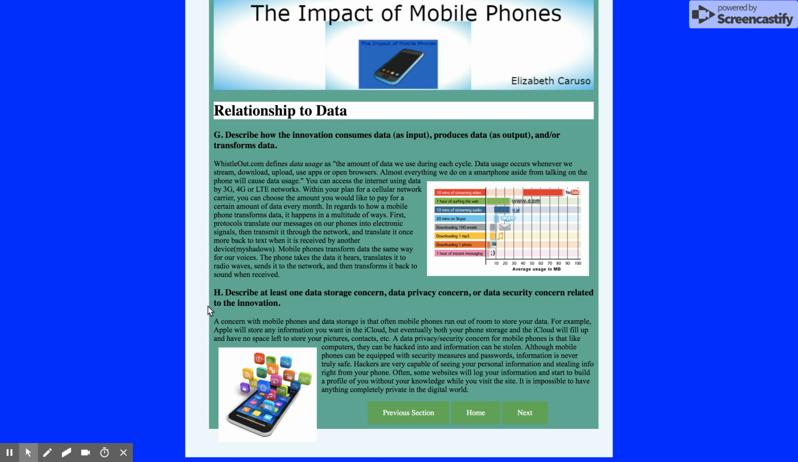The next question says describe at least one data storage concern, data privacy concern, or data security concern related to the innovation. A concern with data storage is that mobile phones often run out of room to hold all of your information. For example, the Apple iCloud will store all of your information, but will eventually fill up completely and have no space left until you have to buy more space. A data privacy concern is that, like computers, they can be hacked and information can